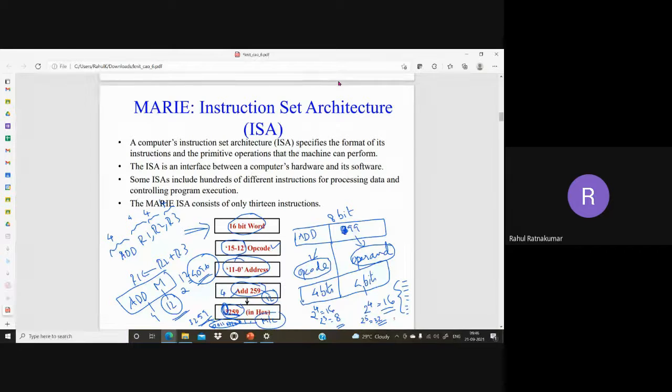Okay, so ultimately we are trying to put a binary language or machine language into the machine. So all this code, all these instructions have to be converted into codes, maybe hex code or machine code or some other code. All the high-level languages like C, CPP, Python, MATLAB, whatever, will be using some compiler to convert them into some kind of low-level language. Then this will ultimately be converted into machine language.